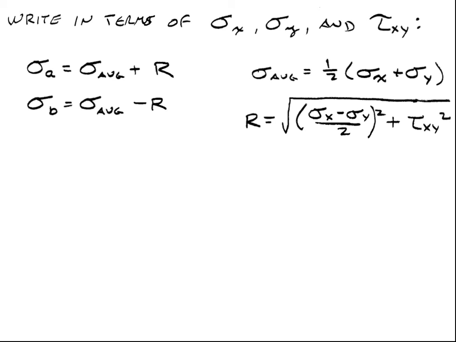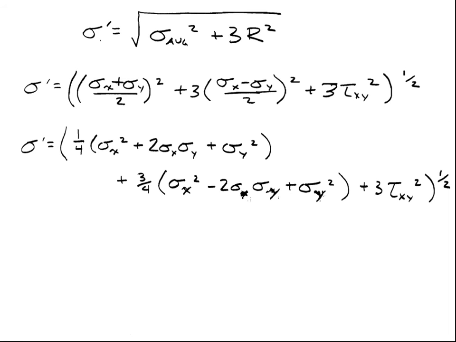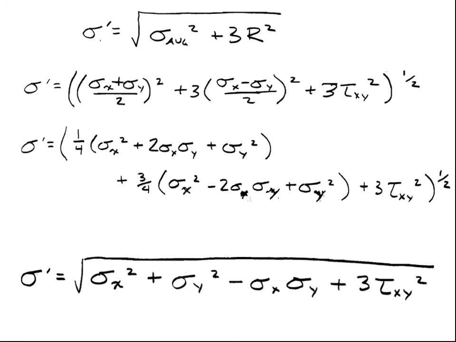Going back to what we learned with principal stresses, and even when we were drawing the Mohr circle, we have these equations for sigma a and sigma b, which if we plug those in and again do a bunch of algebra on that, end up with an expression that again involves sigma average and the radius. And again, do a lot more algebra on that, but we do come up with a nice, relatively simple equation here